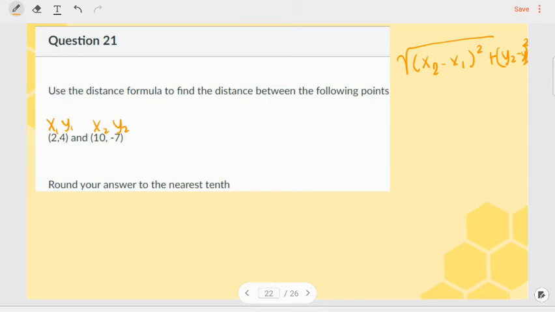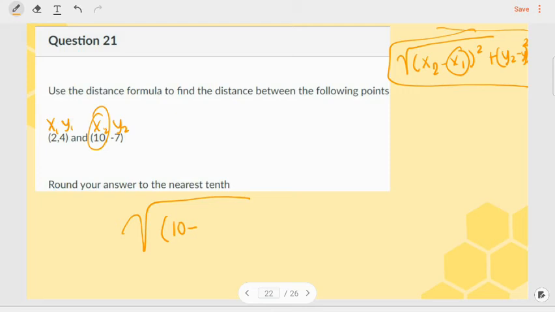And now I use my formula and plug in. So square root, parentheses, x2, 10, minus x1, 2, squared, plus, parentheses, y2 is negative 7, minus, so I write down a minus,